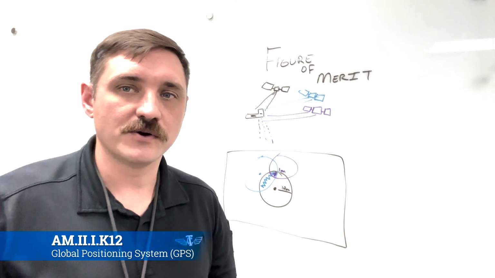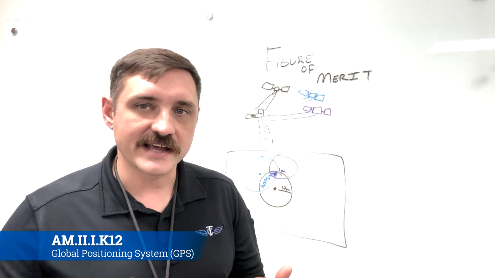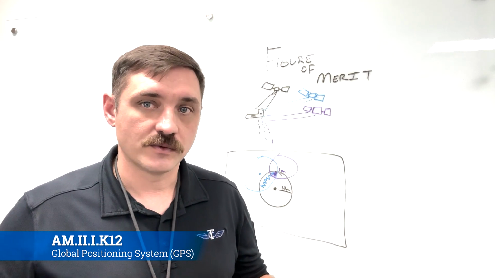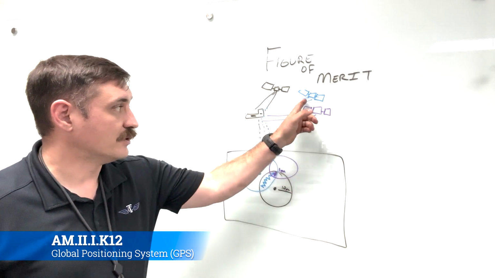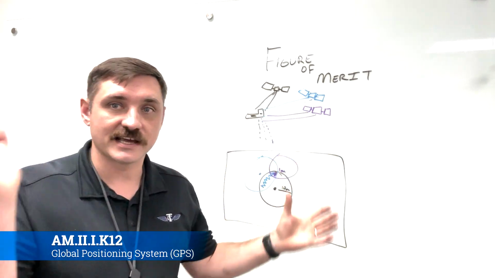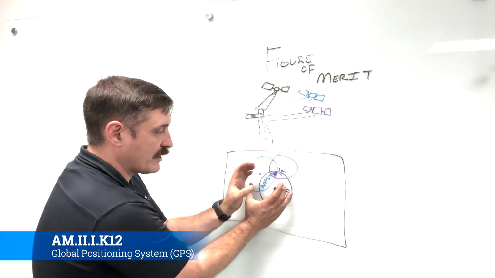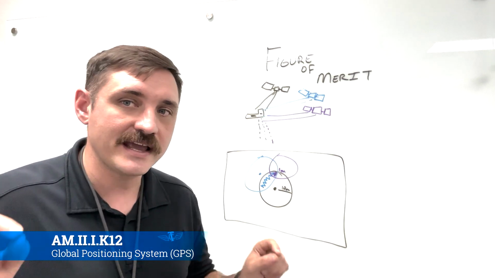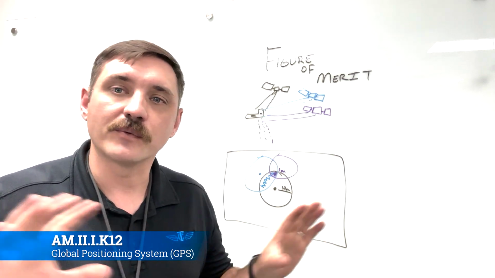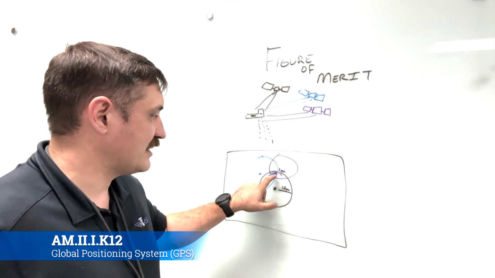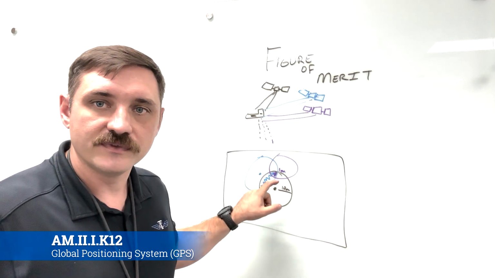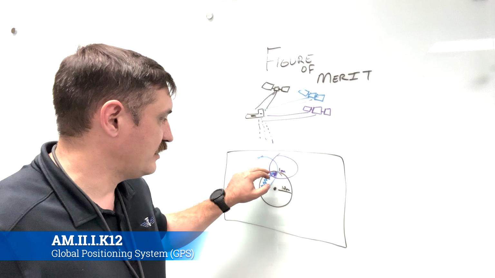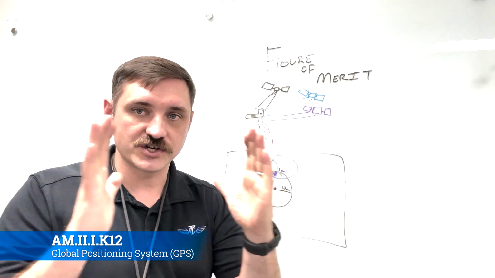All right. So how do we get to where we know exactly where we are? No questions asked. We start getting other satellites. So we get the blue satellite, the purple satellite. We get as many satellites as we possibly can. And all of a sudden, these figures of merit start overlaying each other. And then we start to eliminate the areas that we know that we're not by simply seeing where all the circles intersect. And that helps take our 10-meter figure of merit and shrink it down to like